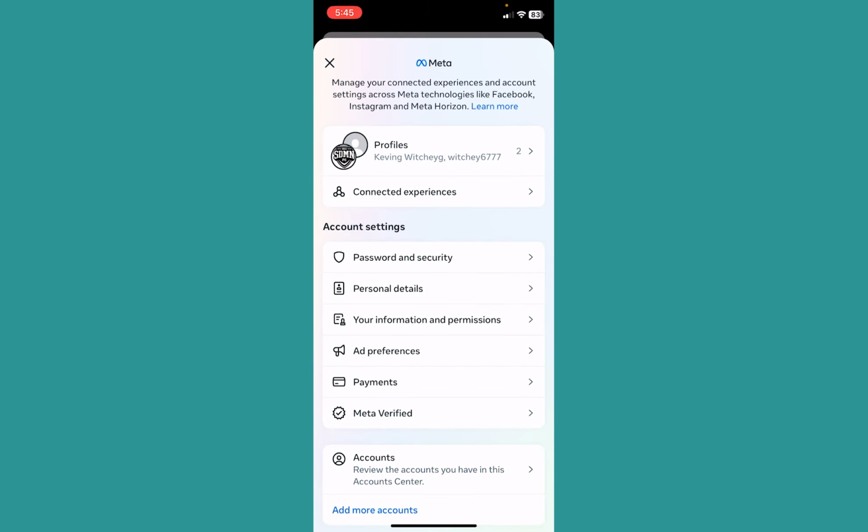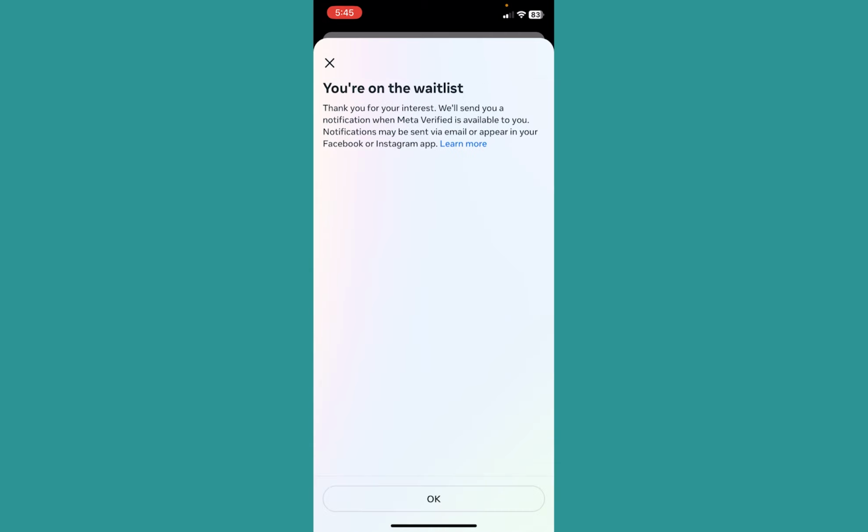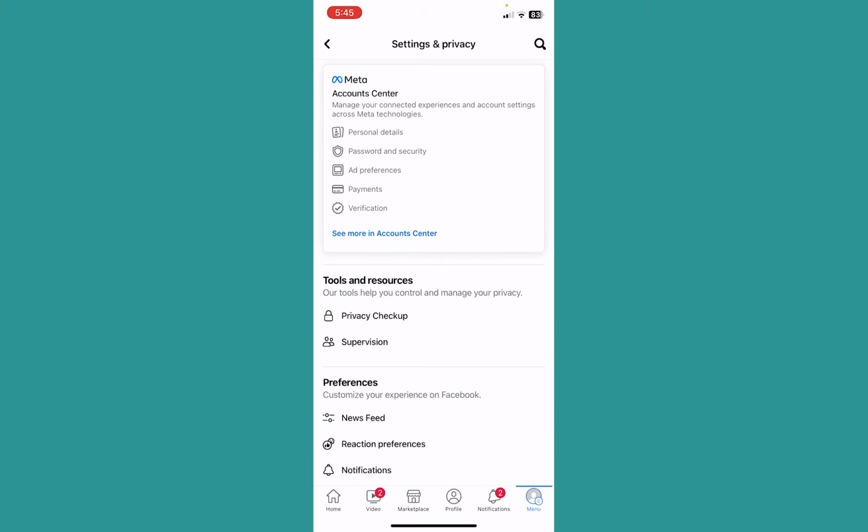From over here, click on where it says meta verified. Once you click on meta verified, it's going to show you the waitlist option. So you need to click on the blue waitlist option and then your account is going to be on the waitlist. Now to verify your Facebook account, Facebook is first going to check if your account has followed the terms